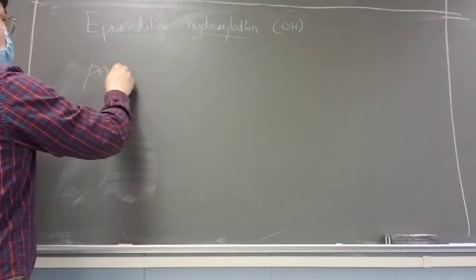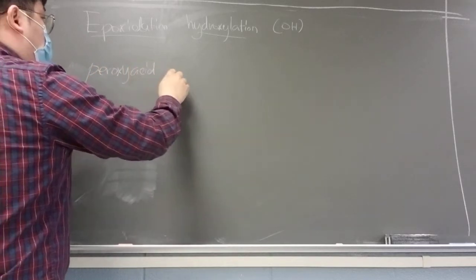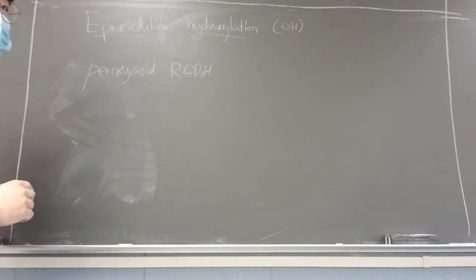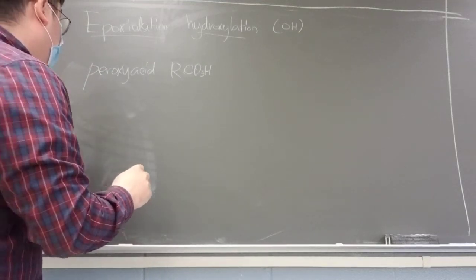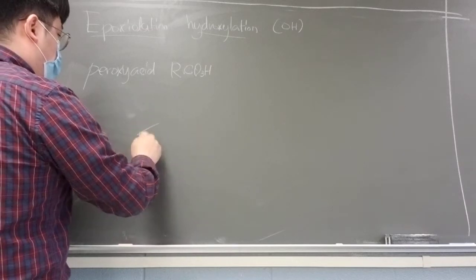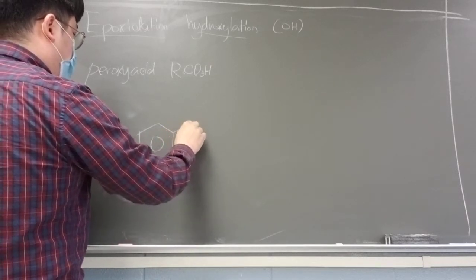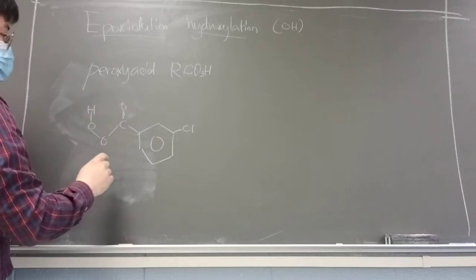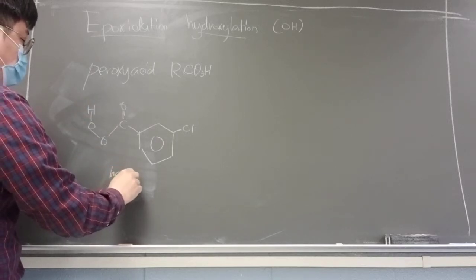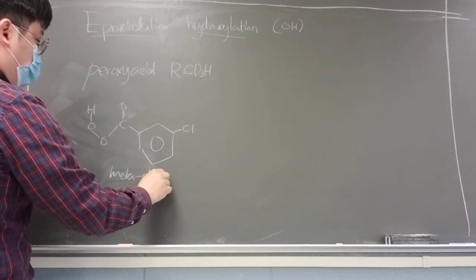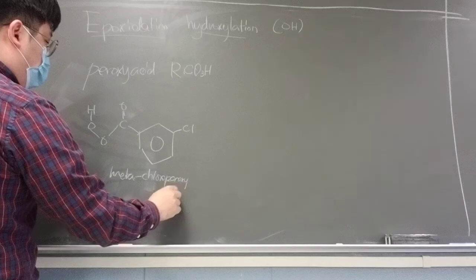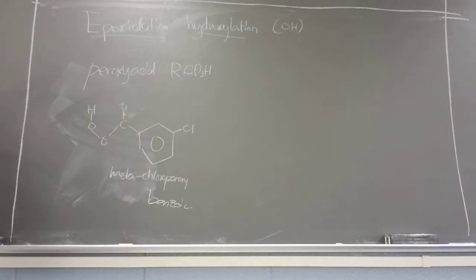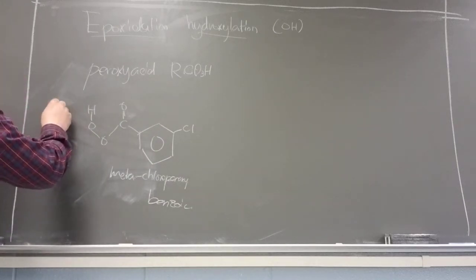You're going to use a peroxy acid here, so it has to form something like this one. Okay? It has a lot of oxygen there. One thing we can use is this one, metachloroperoxybenzoic acid. This is quite a common peroxy acid. So whenever you have a double bond here,